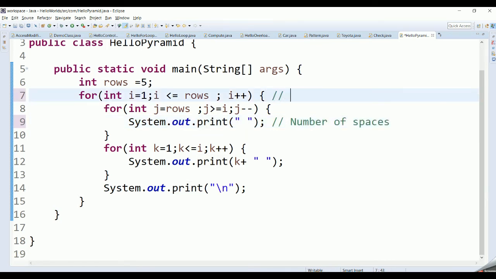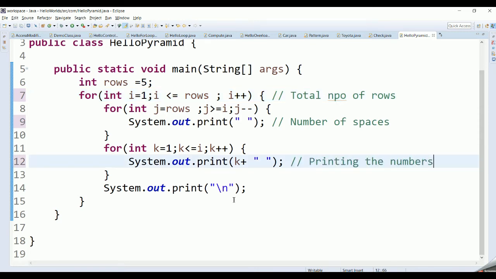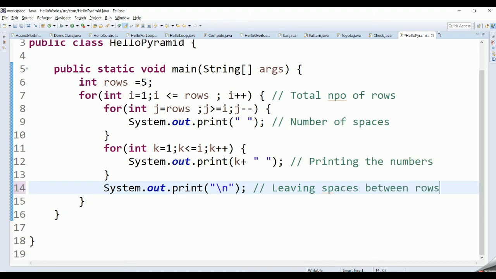And this for loop is for printing the numbers. And this one is for leaving a new line, leaving spaces between the rows. So this is the ultimate purpose of all the statements that we have written.